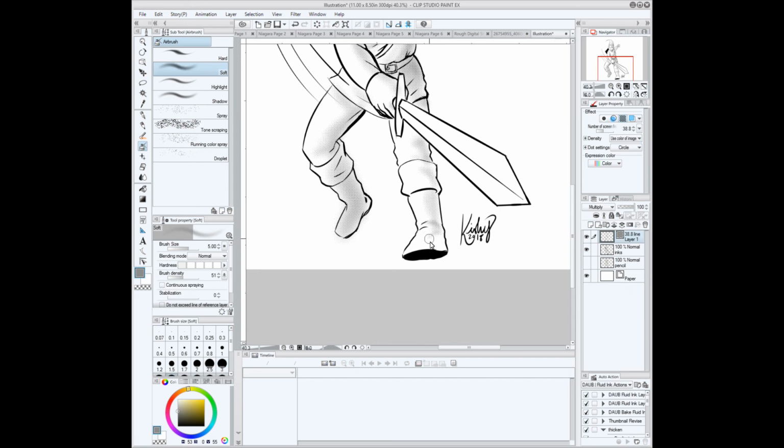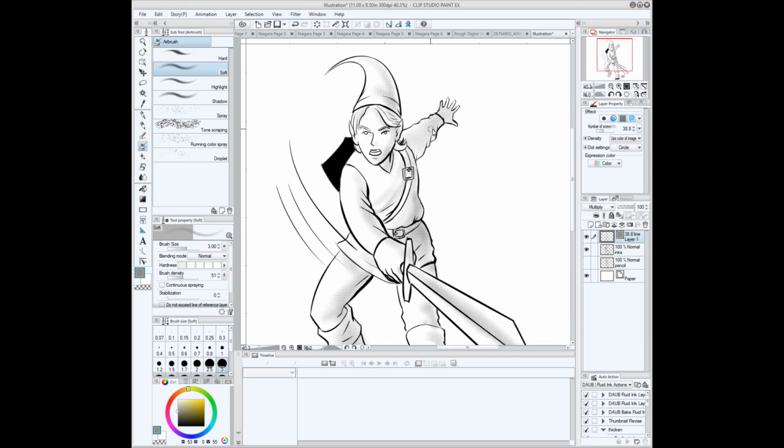So just going into the foot, and do the same thing on the sword. I'm doing this very haphazardly right now, but it's fine. It's just for fun. It's all about learning the technique, playing around with it to get what you want. And as I said, I can go in, reduce my brush size,